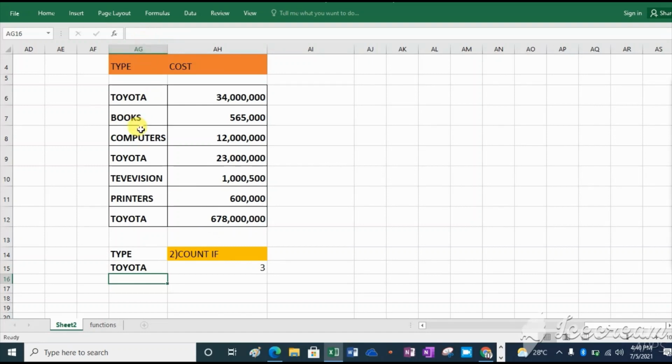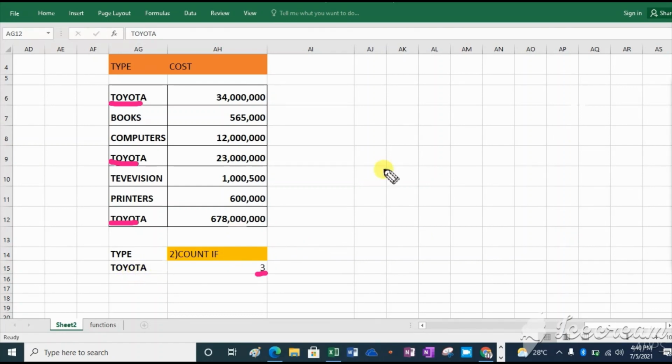Let us count: 1, 2, 3. These are the 3 Toyotas, the same as here. This is 3.